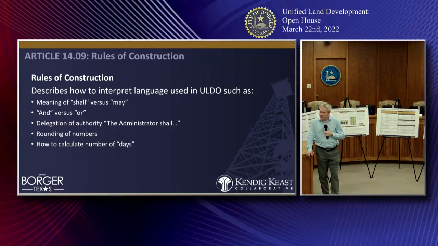Delegating authority, so if we said the planning director shall do this and the planning director shall do that, that would make him a very busy person. That also means their staff can go out and do inspections or make decisions on certain permits instead of the actual literal planning director doing all those things. There's a piece about rounding of numbers, especially when it comes to parking. If there's one space required per 300 square feet of a building, then you could end up requiring 10.7 parking spaces, and so obviously you're going to round that to 11 parking spaces, and so that just makes that very clear in black and white.